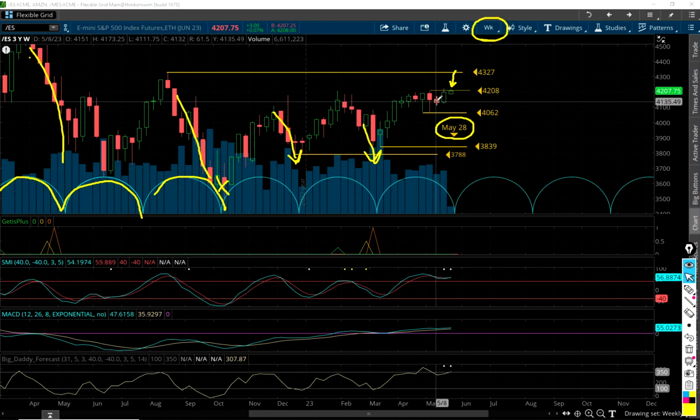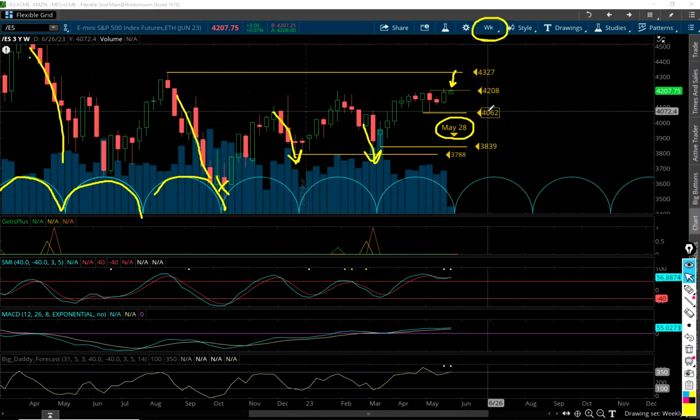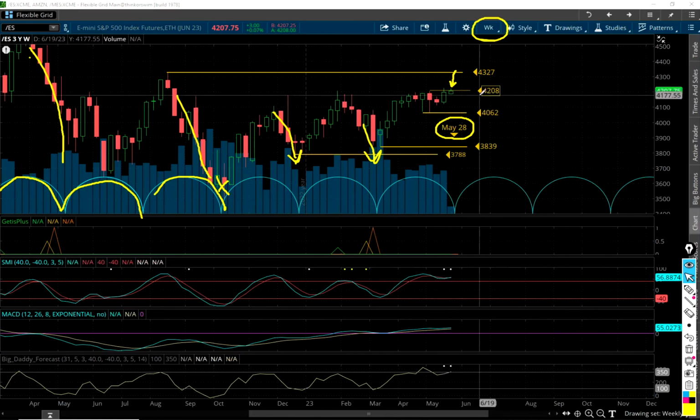41.20 on the bottom of that candlestick, about 41.12 on the bottom of that one. So still think this is maybe possible. We'll keep an eye on what's going on here. Okay, let's look at the daily